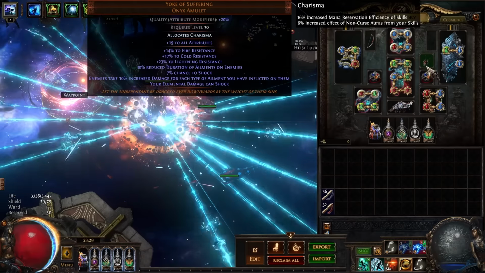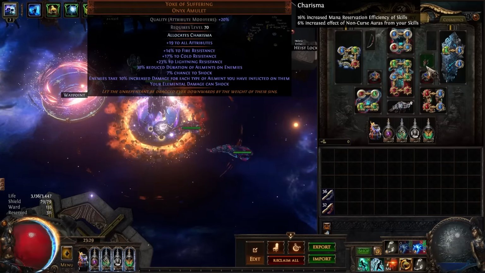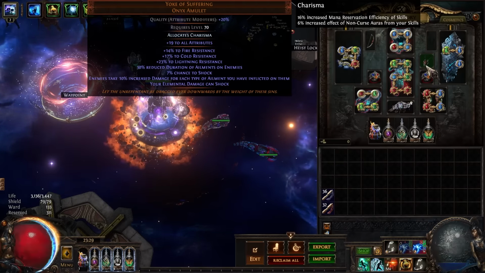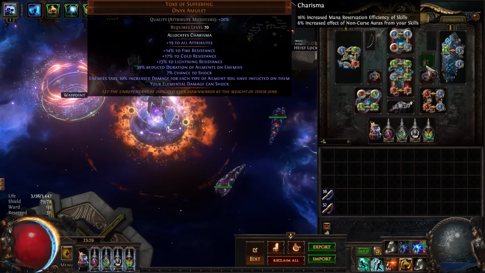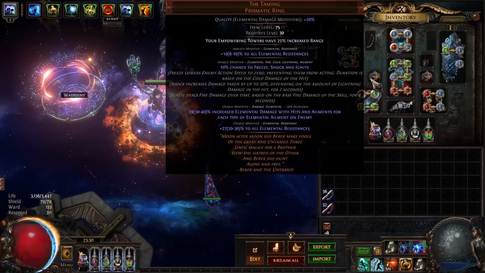So these are all always active on enemies. So this neck is giving us 60% more damage on enemies, more or less. It's not exactly 60% more, but it's 6 different potential debuffs that are on enemies that are then increasing their damage taken by 10% each. Pretty good. Then we also have the Taming, which makes it so that enemies take anywhere from 30 to 40%